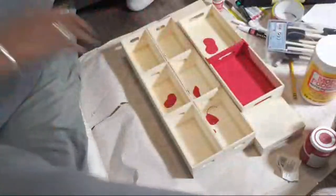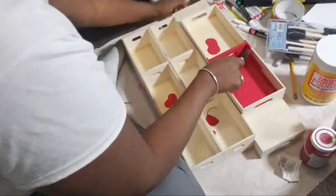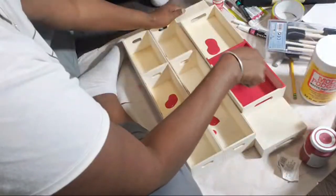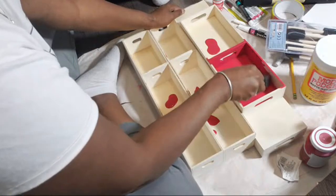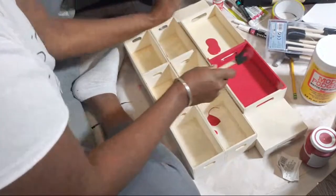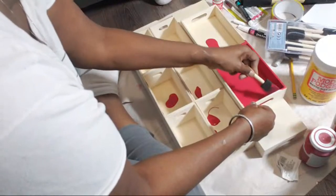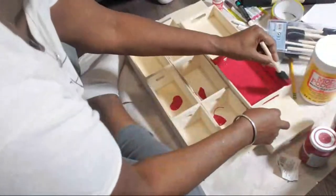Okay, so what I was saying was I was trying to tell y'all a way to get wording that you want if you don't have a printer or a Cricut. And I was trying to explain to you, I'm quite sure you already know the method of putting the lead on the back of the piece of paper and, you know, rubbing it onto what you want. But I was trying to say, if you don't have a printer, it's going to be even hard to do that way. So what you can do is you can take your phone,